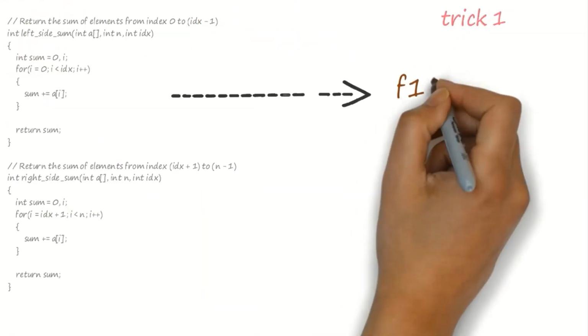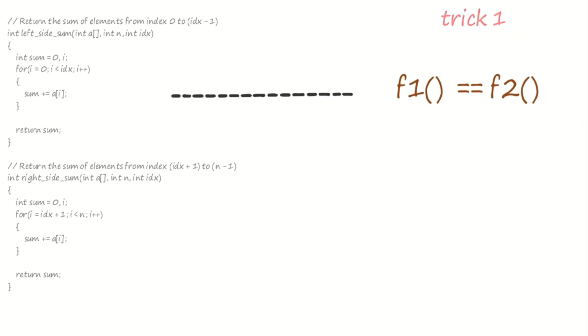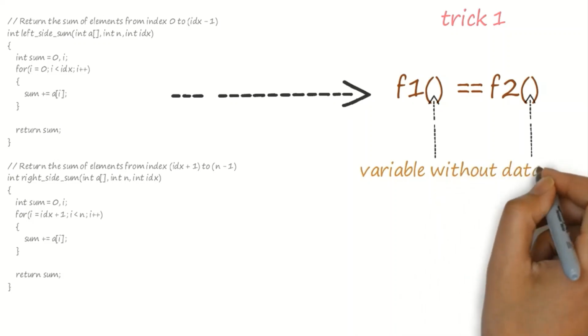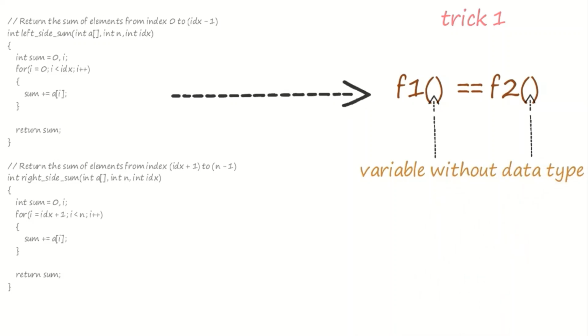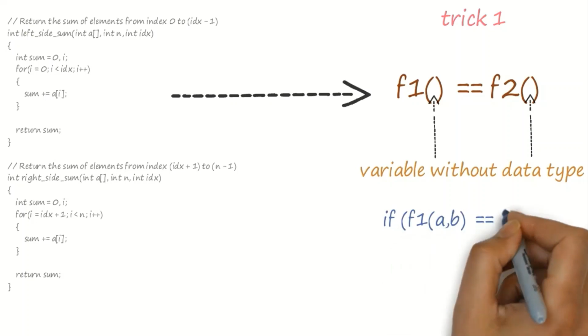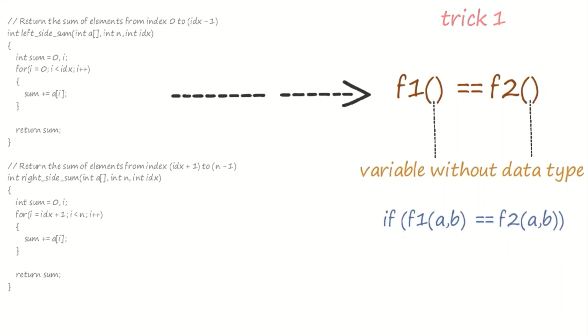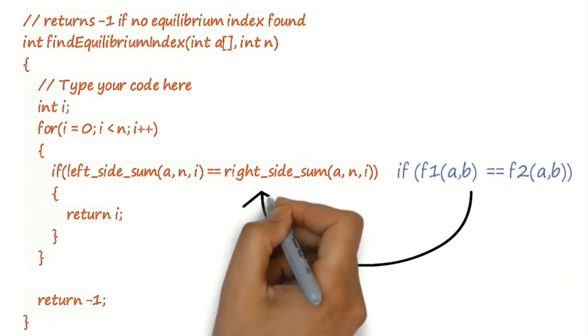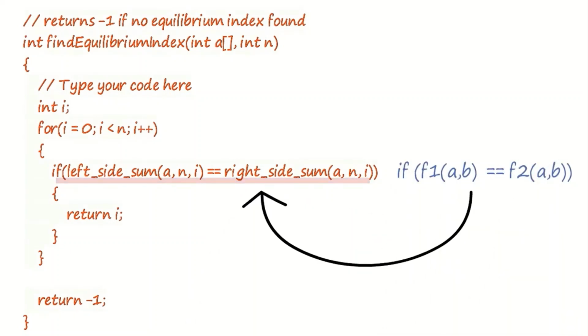How to compare two functions? Use conditional operator if. Within it, compare the functions. While passing function parameters of these functions, do not use any data type. And if array needs to be passed, then remove square brackets. Just send array name as parameter. Here we have done the same. Two given functions are compared inside if.